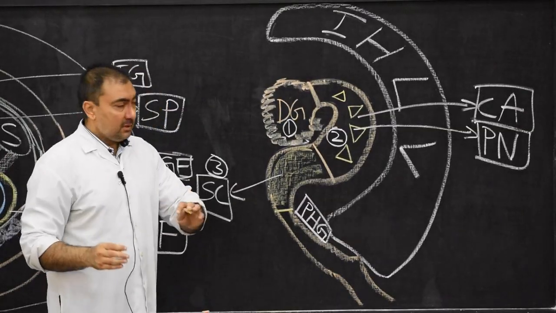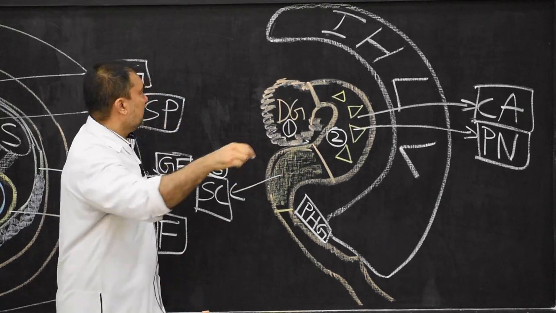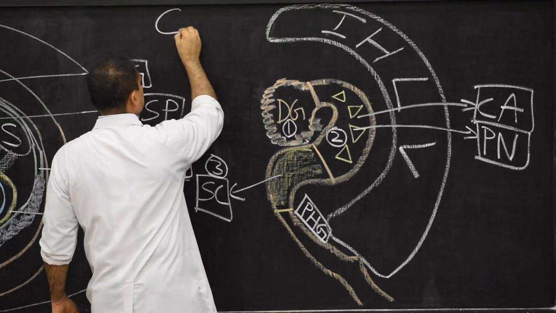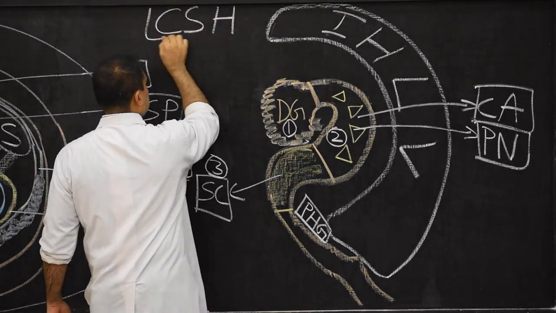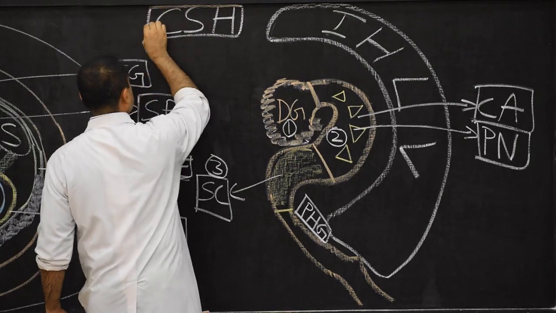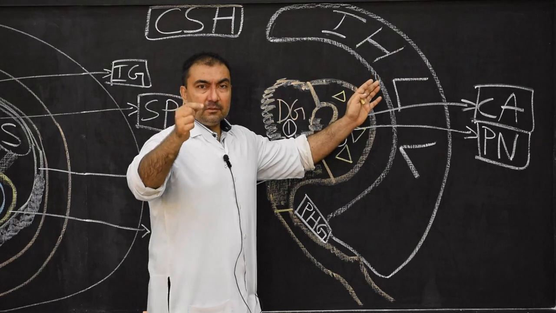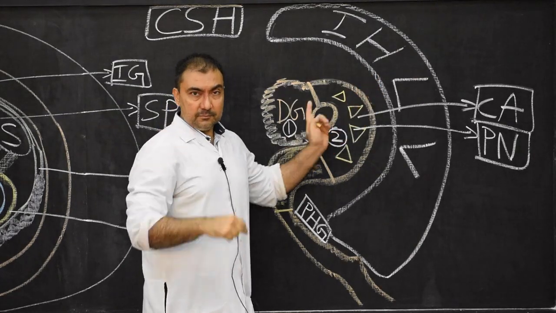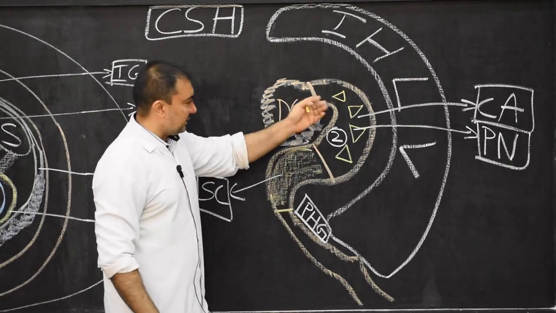Now, the entire diagram is, please note down, it is a coronal section. So I am going to write here coronal section of hippocampus. It is a coronal section of hippocampus, and that coronal section is taken at what level? Inferior horn of lateral ventricle. Very important. Coronal section taken of hippocampus at inferior horn of lateral ventricle.